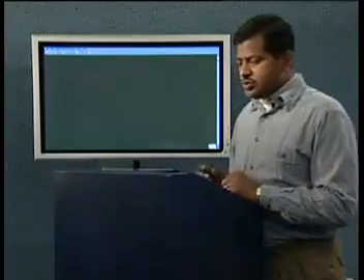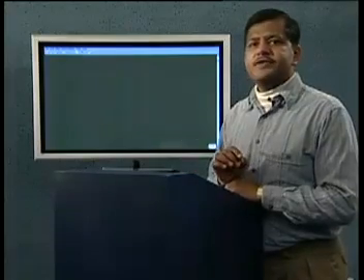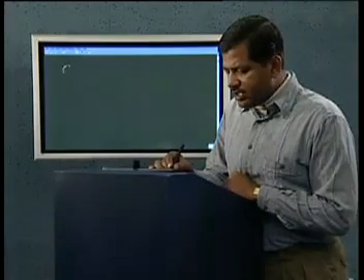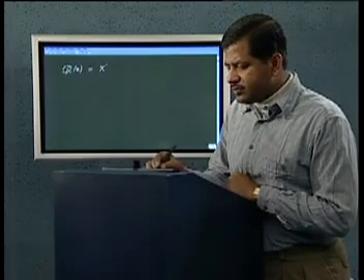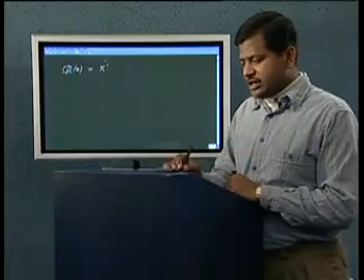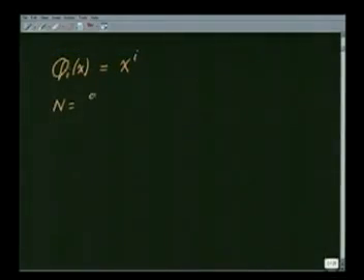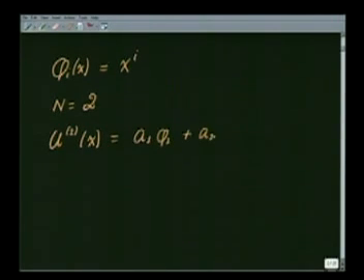So let us now use the same approach that we had taken earlier. That is, we'll take phi i of x to be equal to x to the power of i. Let us take a two-term solution, n equal to 2. So u2 of x is equal to a1 phi 1 plus a2 phi 2. Substitute it back in our variational formulation and get the equations corresponding to a1 and a2.